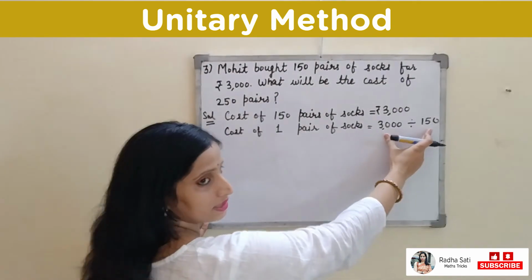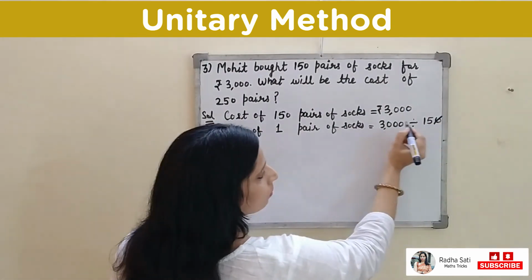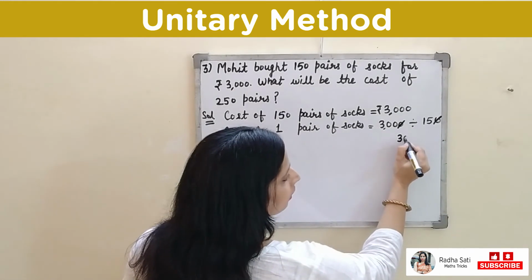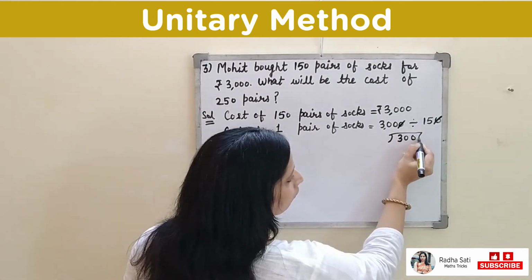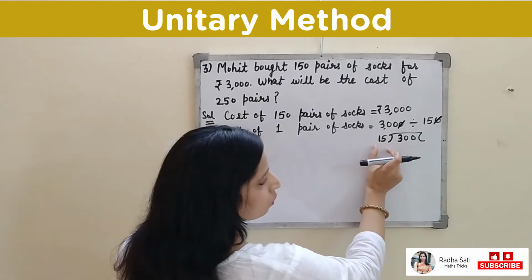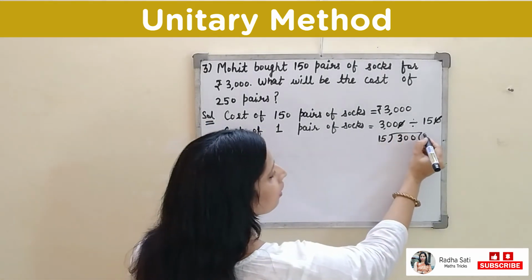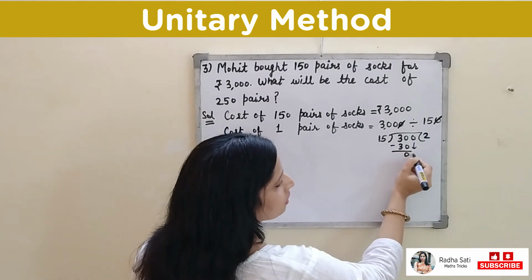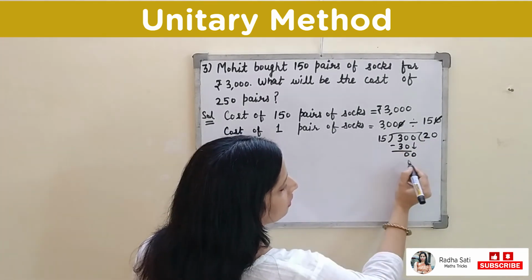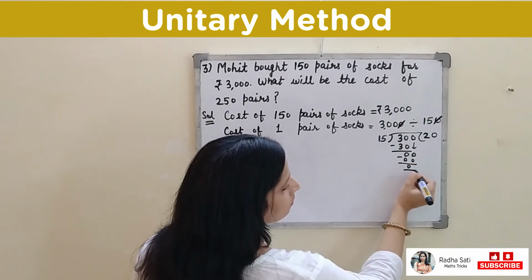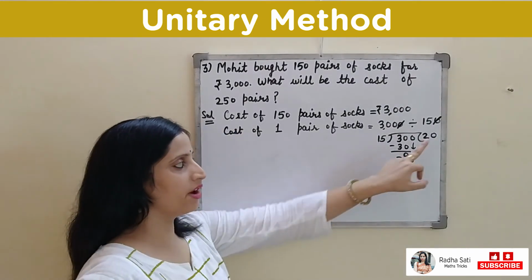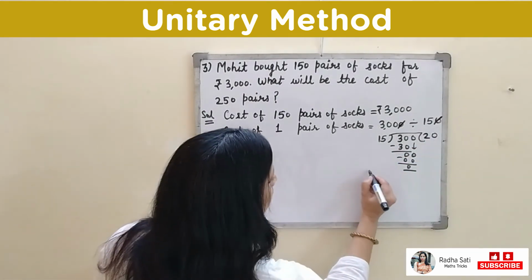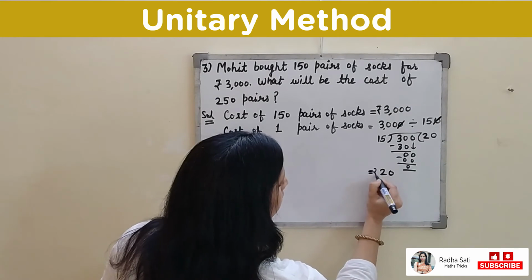Okay. In both we can see there is 1 0. So we can cancel this 0 by this 0. Now we will divide 300 by 15. So 15 2s are 30. We are left with 0. We write the 0 here. Again 15 zeros are 0. This means the cost of one pair of socks will be rupees 20. Okay, so it will be 20 rupees.